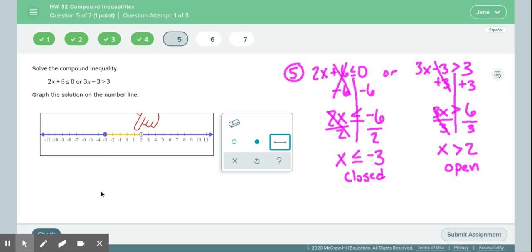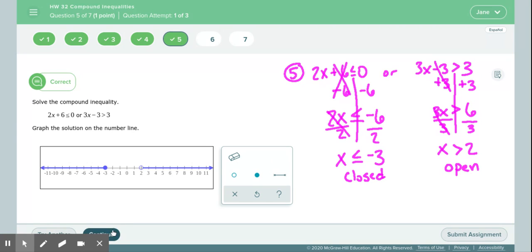So I'd highlight this part of my inequality. I don't have that part highlighted. It kind of looks like I do. But then I would check my work and make sure that it's right before I move on to the next